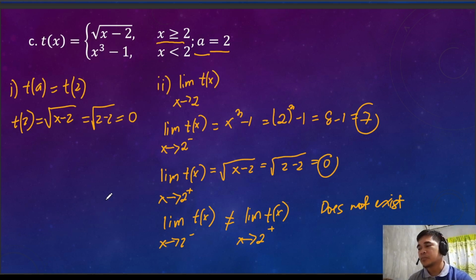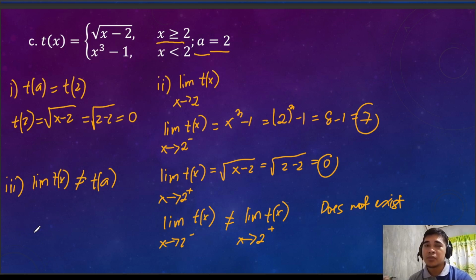Okay? So what is our third condition? Limit of t of x is not equal to our t of a. Diba? So therefore, this is discontinuous. Now, what type of discontinuity? Since ang nag-failed is ito, the second one, so this is what we call an essential discontinuity